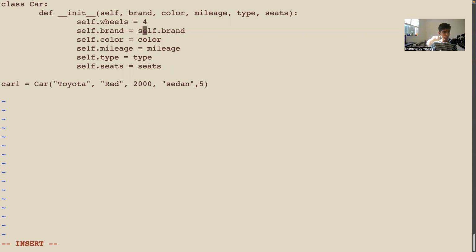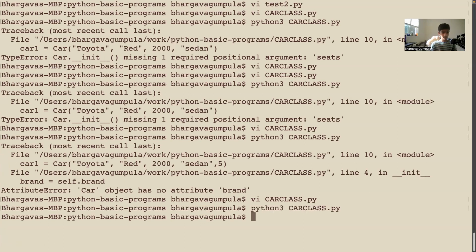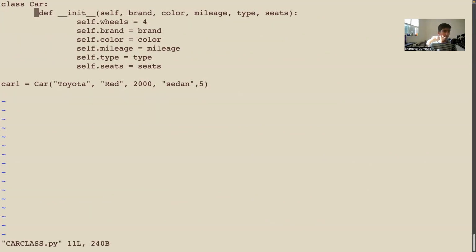Perfect. Okay, self dot brand. Self.brand is equal to brand. Okay, so now let's try this. And it worked, but now in the car class, we should